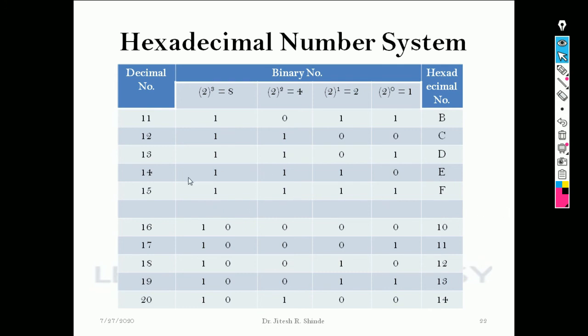E's decimal equivalent is 14. The binary equivalent of E is 1110, meaning 8 plus 4 is 12, plus 2 is 14. So this table tells us that the minimum number of binary bits required to represent a hexadecimal digit is 4. Now if I want to represent 16 here, we need to write one more 2 to the power 4. The remaining codes can be written here.